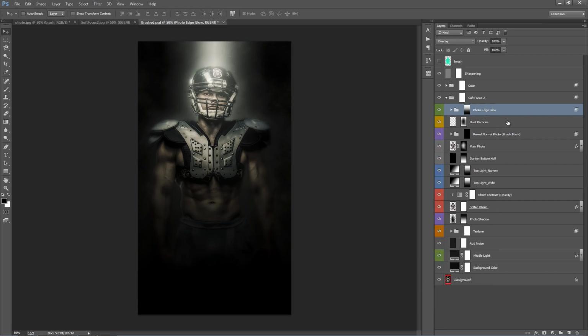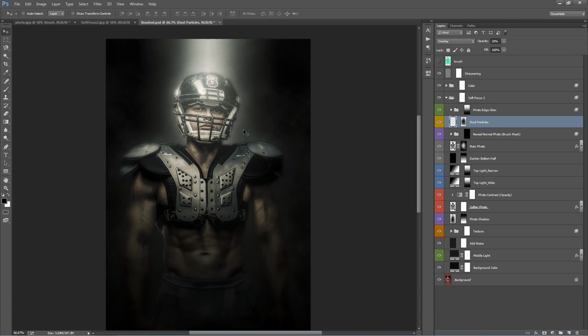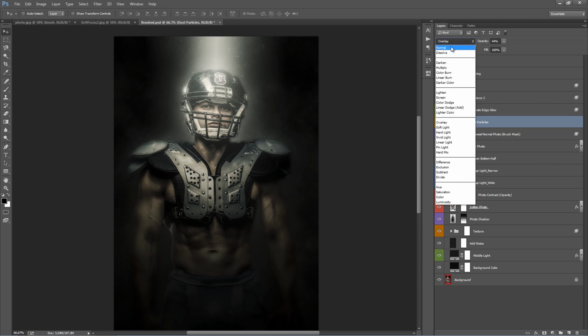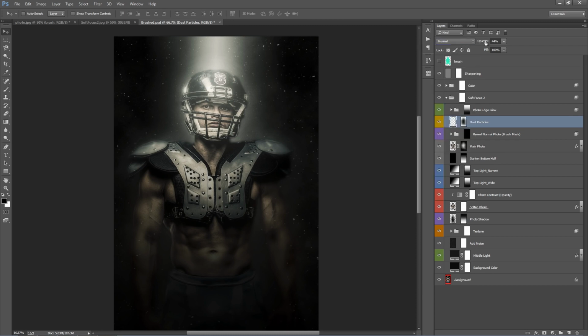This one here, dust particles, you zoom back in. By default, these are the little dots you can see that only appear in the brightest areas of your design. And by default, the opacity of this layer is set to 20%. If I click and drag on that word opacity to the right to bring it up to 100, you can see the dots a lot more. So by default, it's really low. If you want the dots to appear everywhere, change the blend mode of the layer from overlay to normal, and then play around with the opacity again. So now you can apply those little